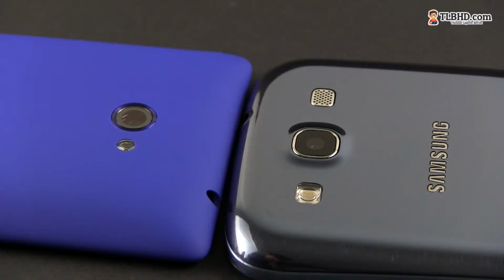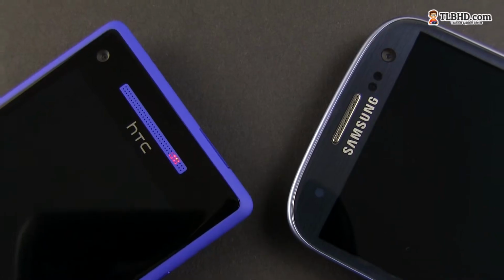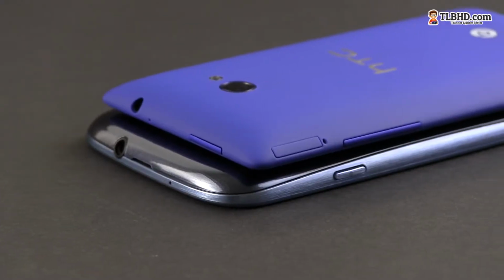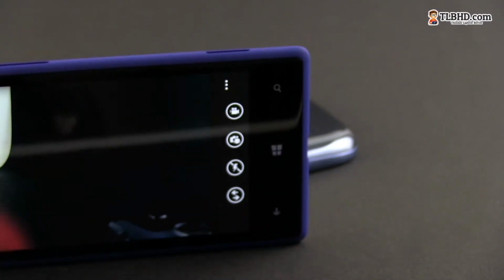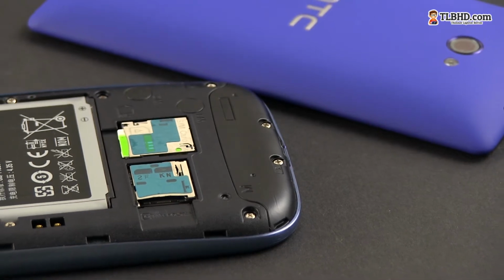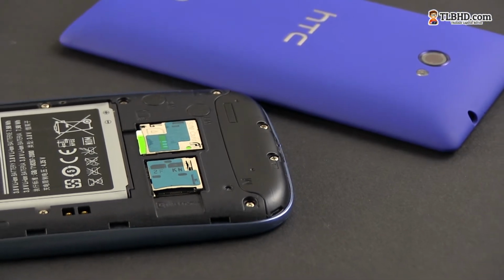When it comes to utility, both these phones pack cameras with flash on the back, front-facing shooters as well, plus the standard set of ports and connectors. You'll find volume rockers, power buttons, and the micro USB port on the two. The HTC 8X also has a dedicated shutter button, while the Samsung ups the game with a micro SD card reader hidden behind that rear panel that allows you to increase the storage space,